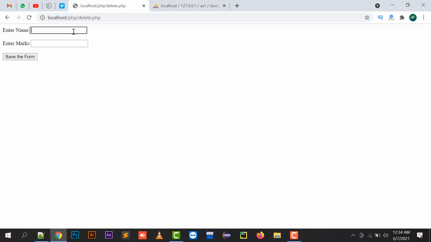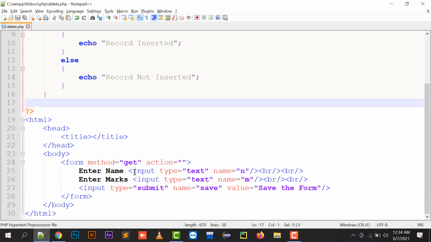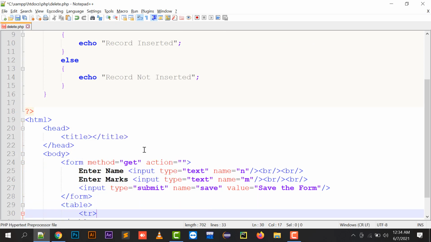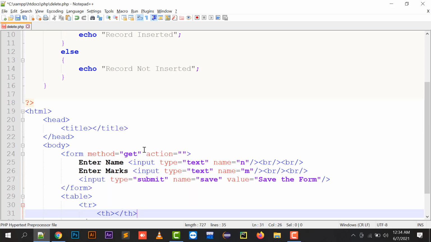Now, first of all, I need to display the data over here. So for displaying the data, we need to make a table. I'm making a quick table in which both the records will be displayed.